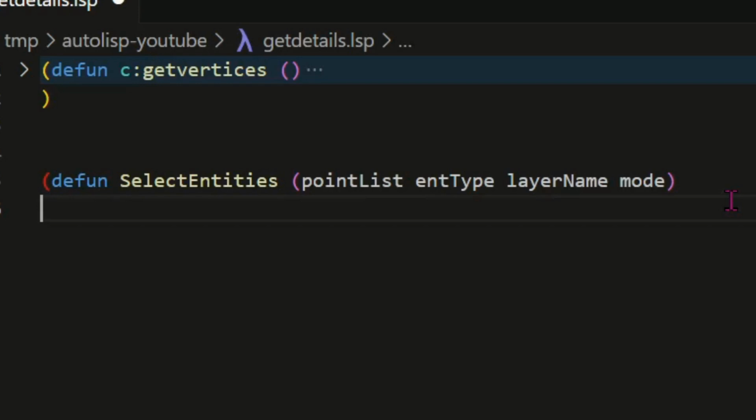Third is the name of the layer. And the last, fourth, is the mode of selection, like window polygon, crossing polygon, or fence.